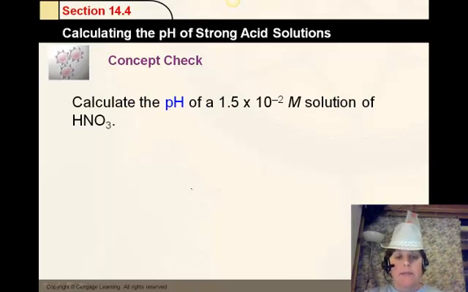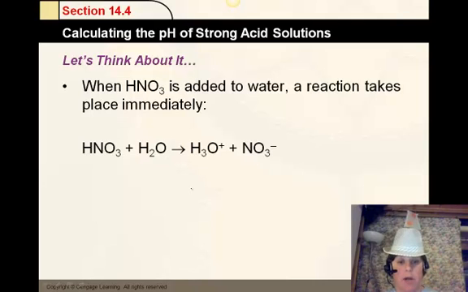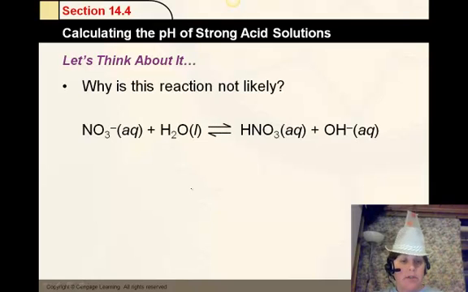Alright, calculate the pH of a 1.5 times 10 to the negative 2 molar solution of HNO3. Well, HNO3 is a strong acid. It ionizes into hydrogen and nitrate ions. For this, it says when HNO3 is added to water, it takes place immediately. That means it's strong, and you can see the reaction here. The other choice would be some kind of reaction like this. Well, this doesn't happen